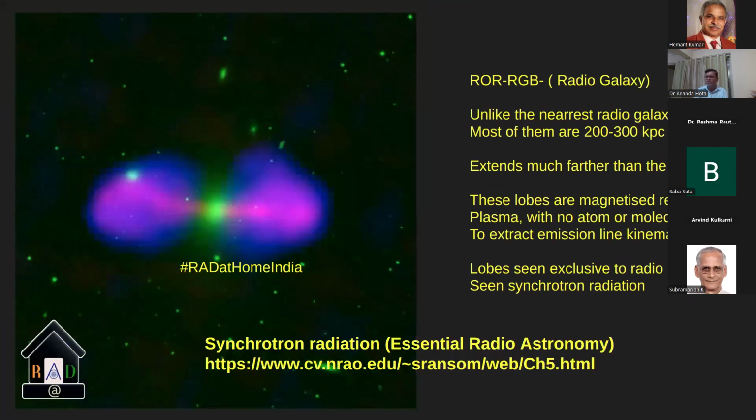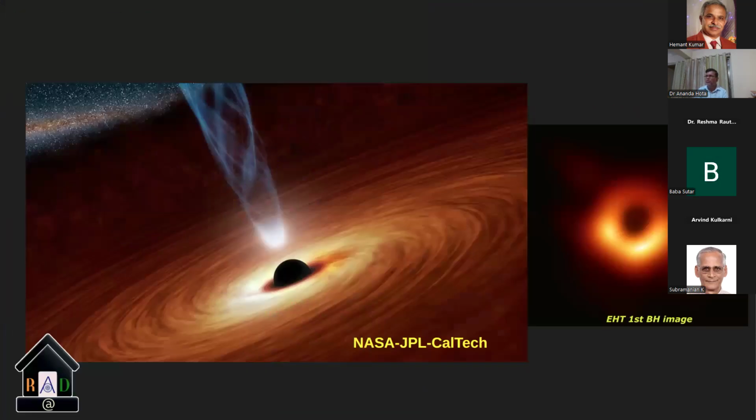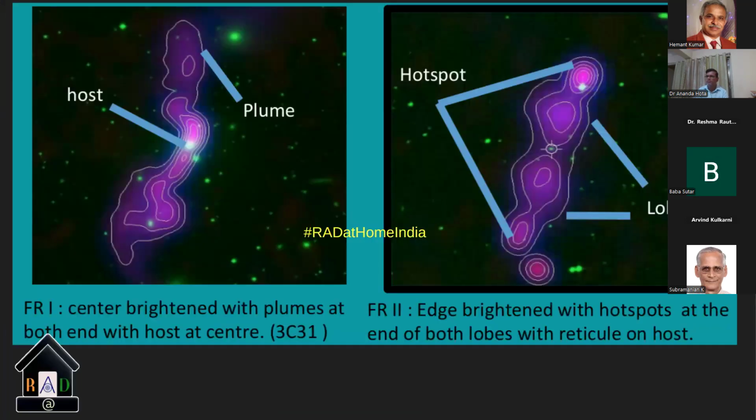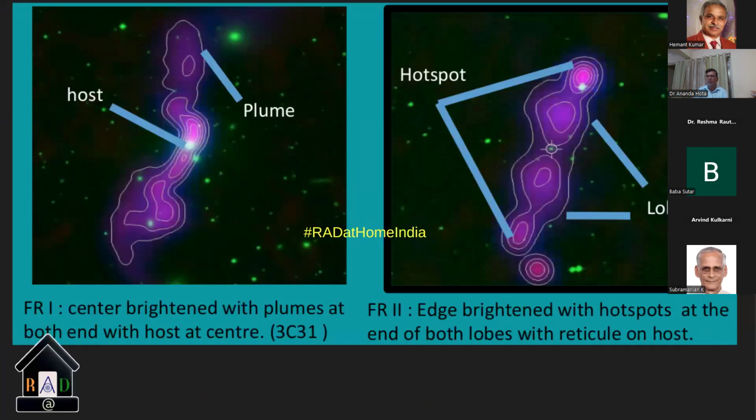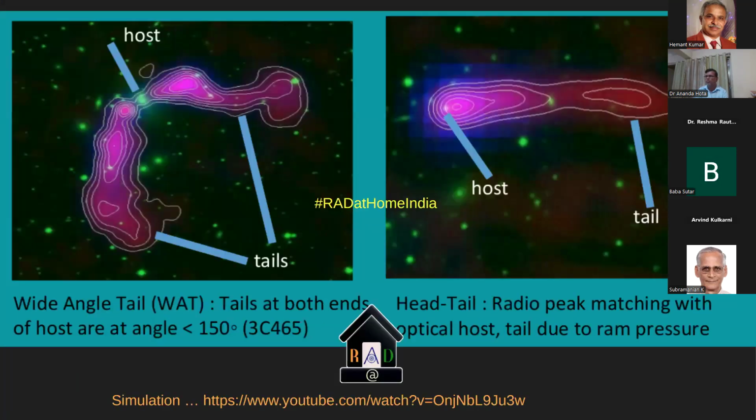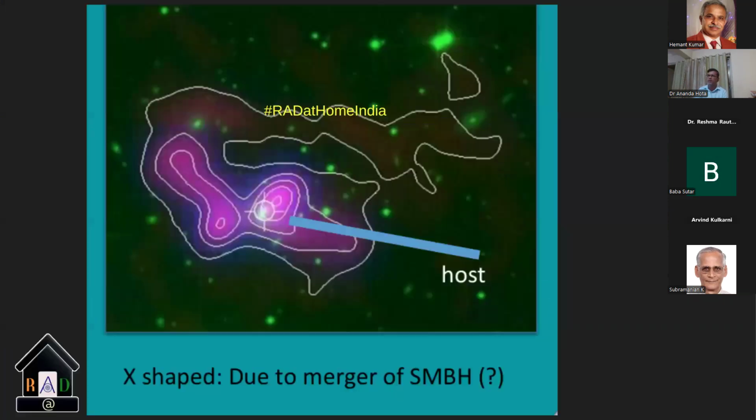These are typical pictures of an optical galaxy and the radio plasma coming out from there. You put the galaxy name, the picture comes out immediately within a few seconds. An easy tool has been created for the students. These are all our own tool making students. People can understand various kinds of radio galaxies, FR1 type, FR2 type, wide angle tail. All the plasma tails from these galaxies are seen pink. And the galaxy itself, made up of stars, 100 billion stars, will be seen green.